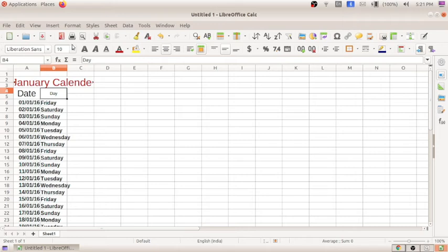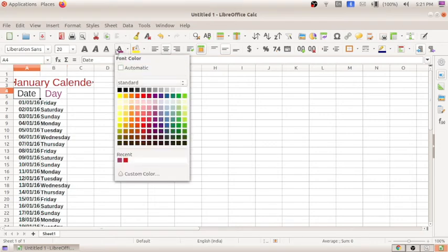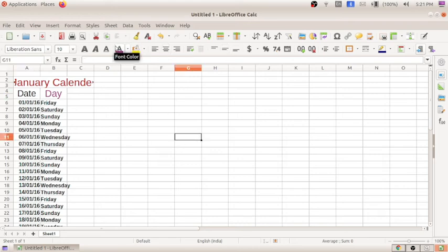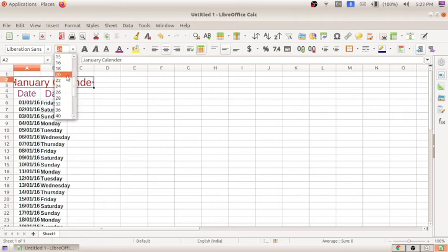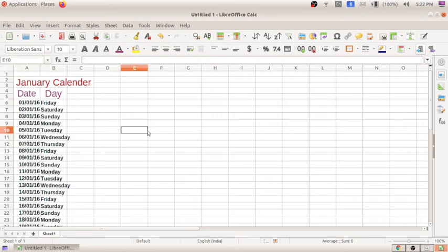So here day, and we will be giving the color blue. Here also color blue. Yes, this we will decrease to 22 itself. Okay, so now by using the fill handle method, we got the date and we got the day.